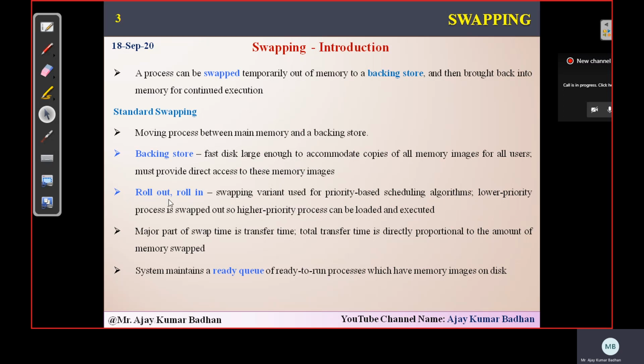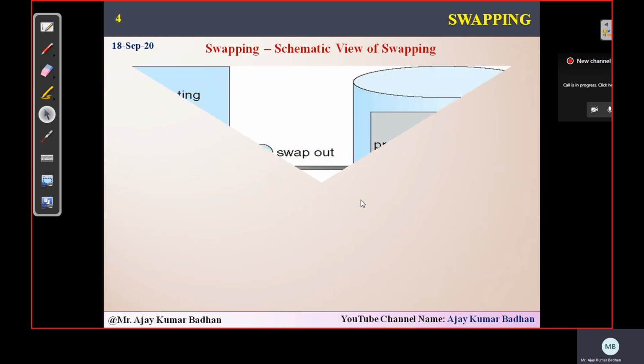We already discussed rollout and roll-in. Whenever we bring that particular memory image from the backing store into your memory for execution purposes, we call it roll-in. And whenever we remove that and store it back again in your backing store, we call it rollout. This is the concept. And we said that every system usually has a ready queue. What does this ready queue consist of? The processes which are ready for execution and waiting for their turn. From here, the process will be allocated to the CPU, and from the backing store, the memory image of that particular process will be brought. I will show you in the next slide so that it becomes easy for you to understand.